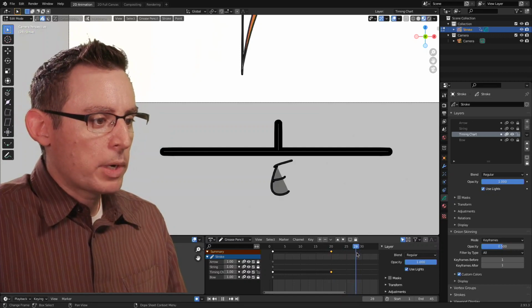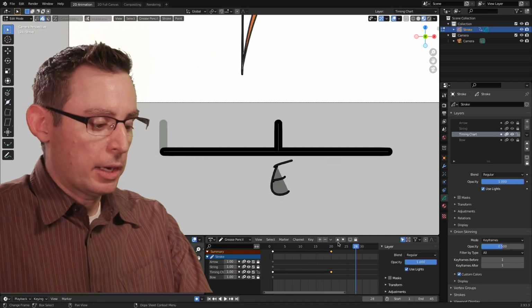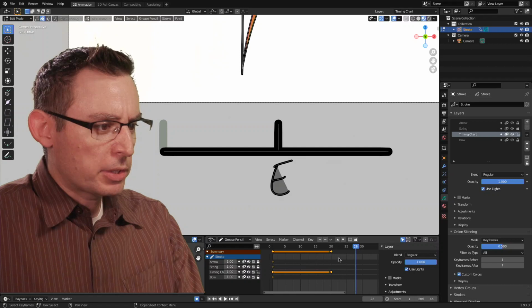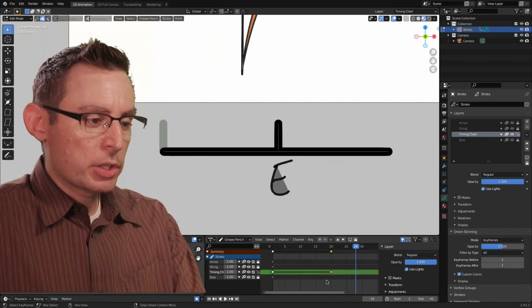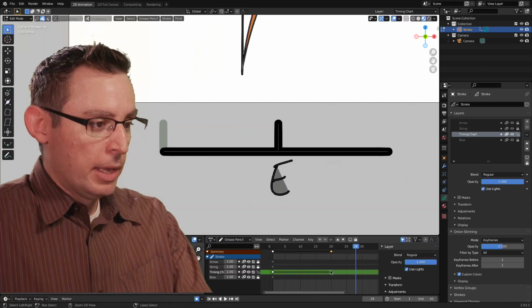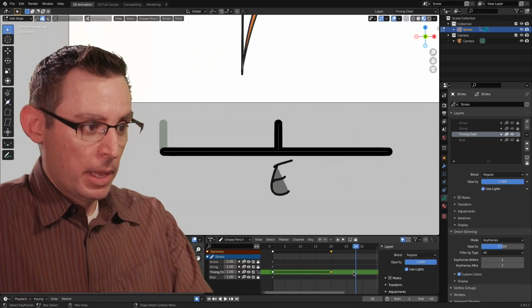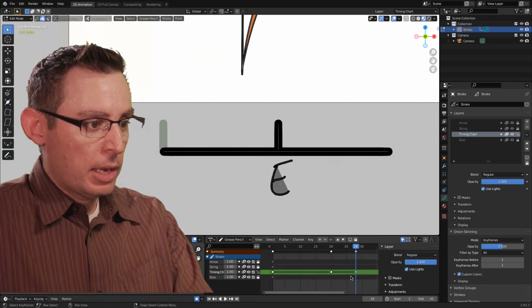Let's go to frame 28 now. And I'm going to copy that keyframe and duplicate it across inside of my timeline. And there's a couple ways you can do this. Of course, you can just select the keyframe. Now notice that my cursor is down here in the timeline. If I do a Control-C or Command-C to copy the keyframe, I then can go back to that animation layer, again, cursor down here, and paste it in.